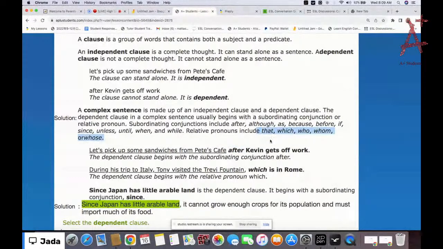So now, this also, the dependent clause is in Rome. So we have which in between the main sentence and then the dependent clause. So which comes before that. Okay, so take note that when you have a dependent clause in a complex sentence, they usually begin with either the subordinating conjunction or they begin with the relative pronouns. Okay,